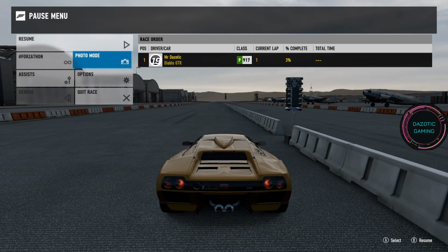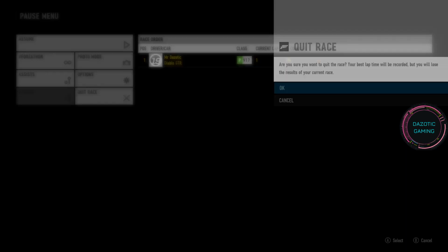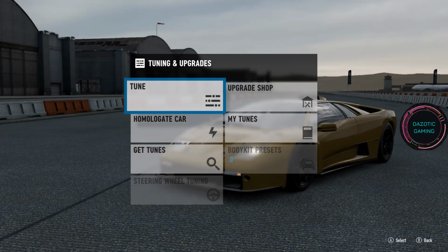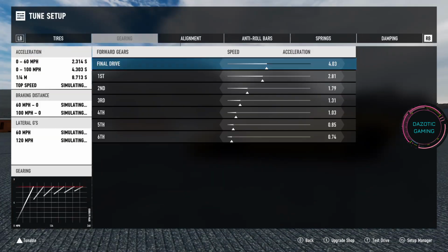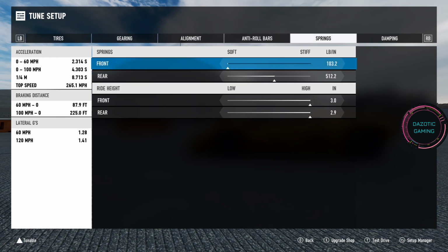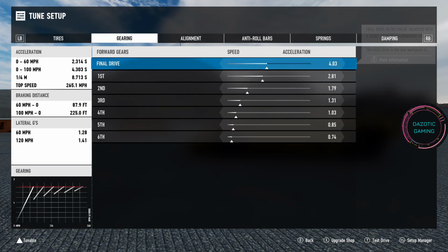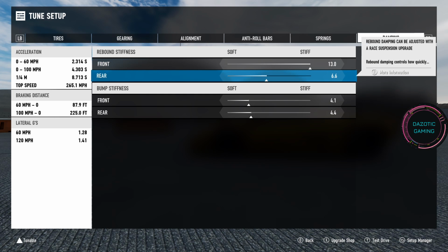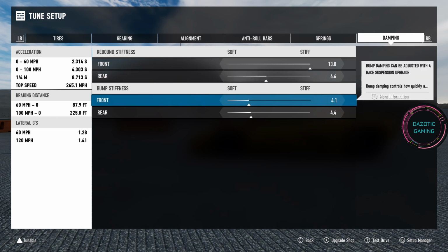Stayed on the ground. Now we're going to give it the wheelie. Okay, here's how you give it the wheelie. What we're going to do here, basically, this car at default is a 6.6. Literally, all you want to do, take your front bump. You want to match it, right? And then